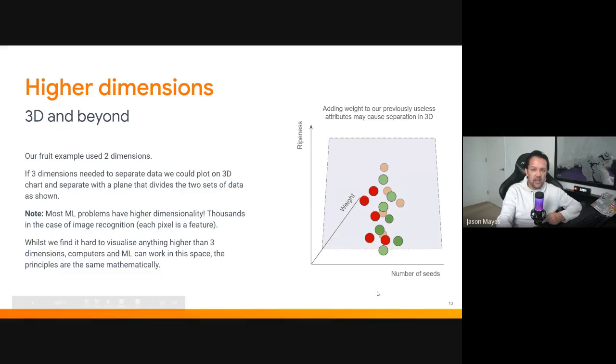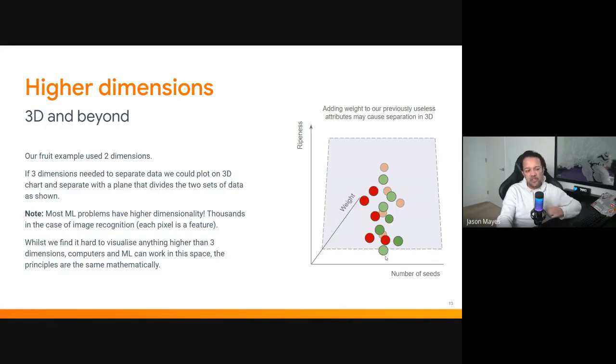And you can see here, we've got the same plot as before, ripeness and number of seeds, but now we've added a 3rd dimension in the z-axis for weight. And you can see now that the oranges, which are a lighter orange color behind this kind of rectangle in 3D space, or a plane, if you will, have now been separated from the apples in the weight dimension. And we needed 3 dimensions to do this. And that's why we need to use a 3D graph to now draw this out. And instead of using a line, we're using a plane or this rectangle in 3D space, essentially.